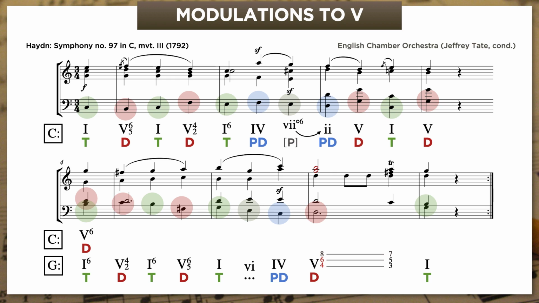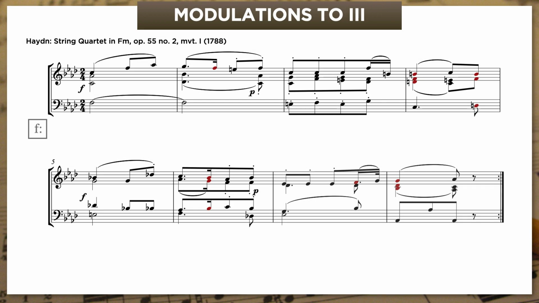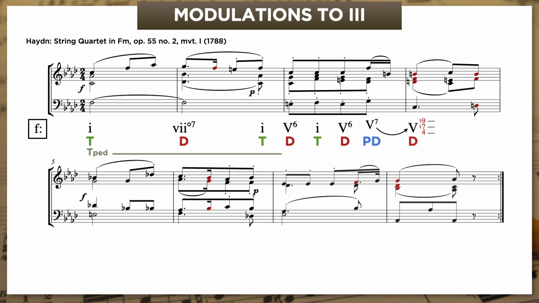All right, up next, a few examples in minor that end in a relative major. This is the opening of Haydn's second Opus 55 string quartet in F minor, and like every example so far, the 4-bar antecedent ends on a half cadence. But the consequent is a little tricky in that all 5 of its chords could, in theory, appear in the tonic key of F minor. We've got 7-7, tonic, 4-6, 5-7 of 3, and then 3.